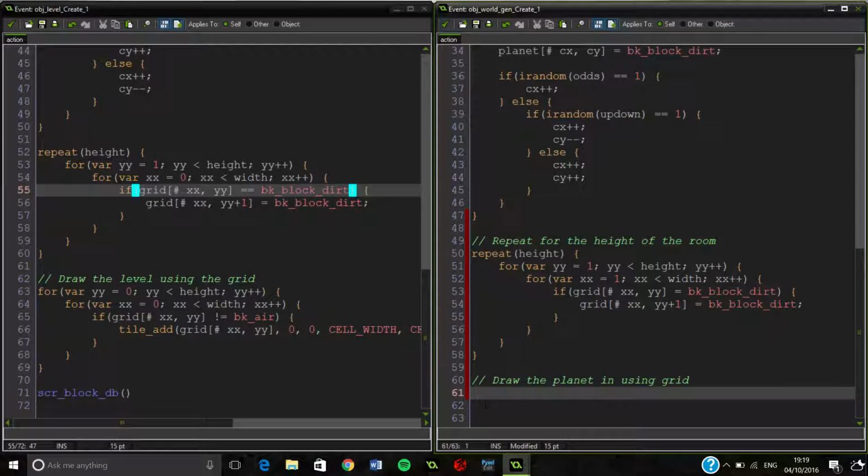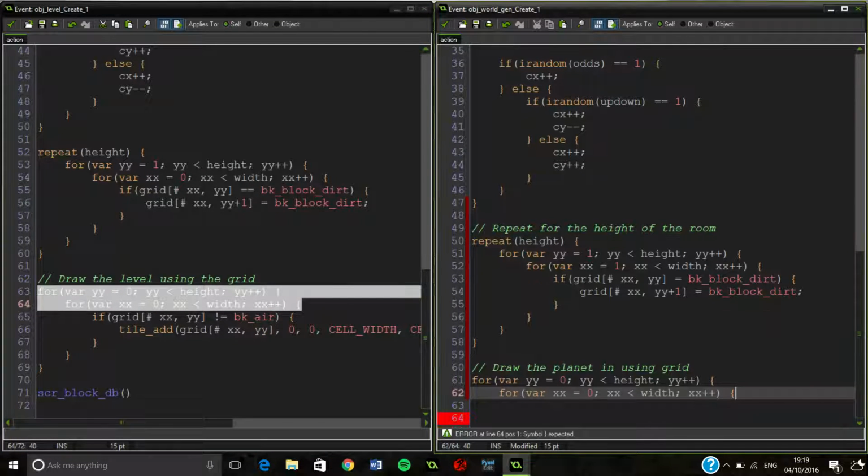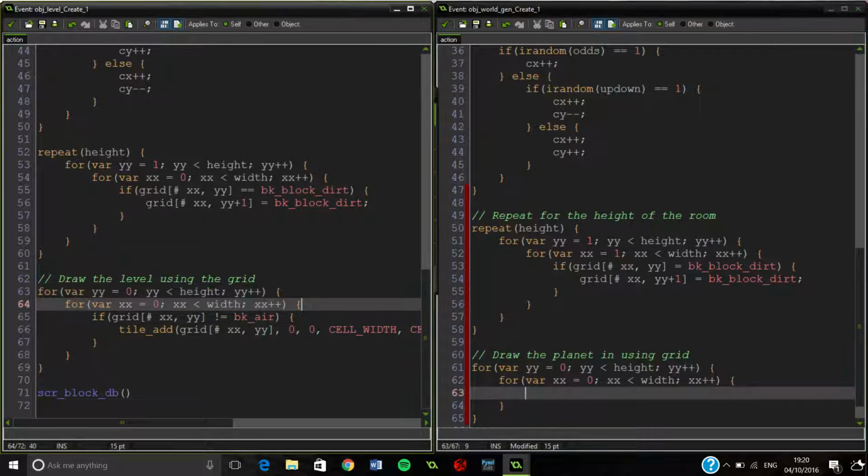So, what do we actually need to do now? Well, once again, we need to loop through every single block. I'm not going to write this out again because it gets a little bit repetitive, but basically we're just looping through every single block possibly that we could fit within our room. Pretty simple, right? And then we're going to check if that grid